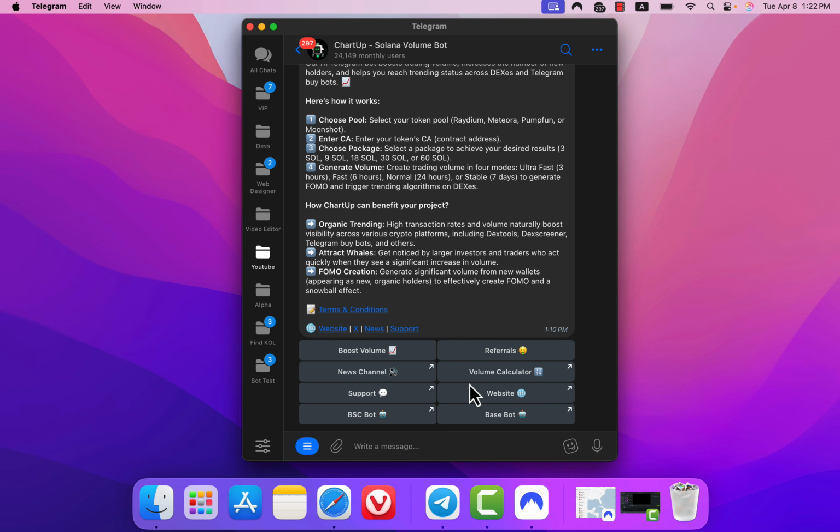Basically, let's say for example you want to use 3 Sol to add volume. They will transfer these 3 Sol to different wallets. They will constantly buy and sell, then transfer to different wallets and do the same thing again. And every wallet that buys the token will keep a small amount of tokens, like for example only 1 token in the wallet, to increase the number of holders. In this way, you can get